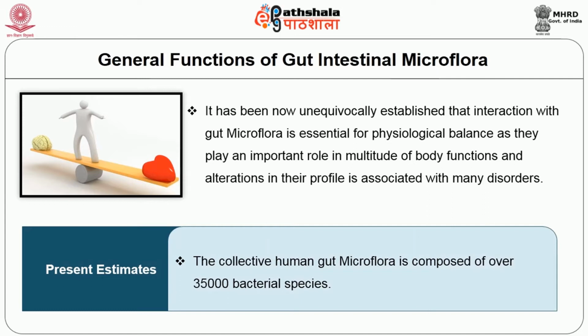Present estimates suggest that the collective human gut microflora is composed of over 35,000 bacterial species. See the beauty: as a human being you are one, but how many species of bacteria are living in your gut? More than 35,000 bacterial species, and put together quantity-wise they are around 2 kilograms in the adult